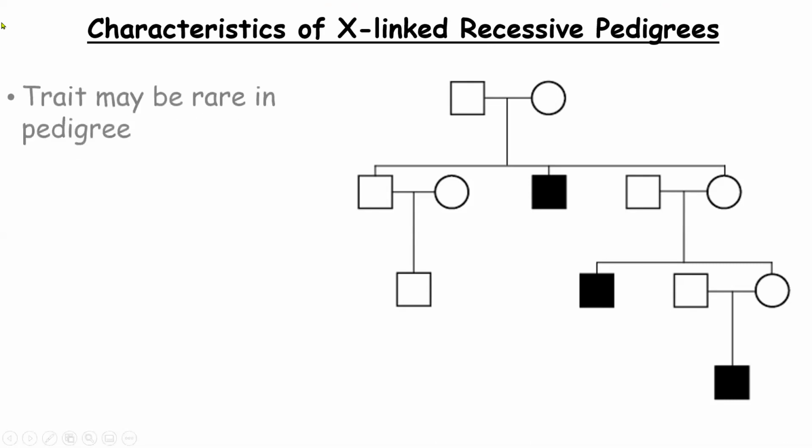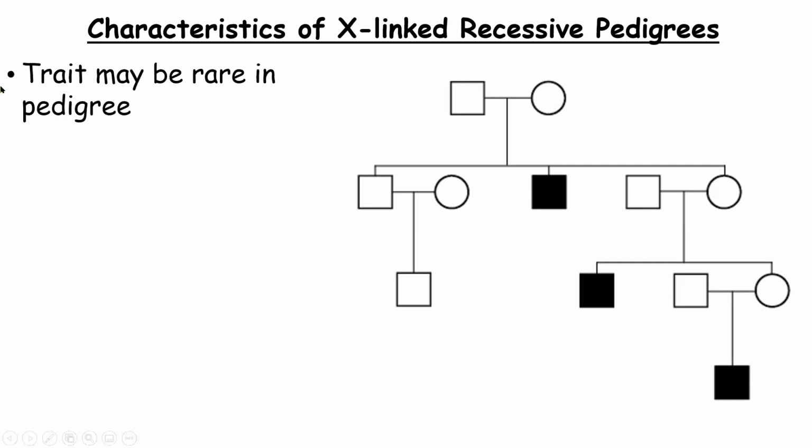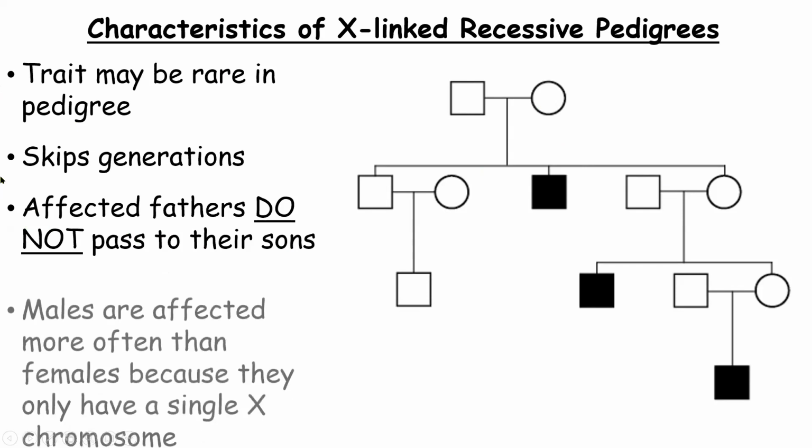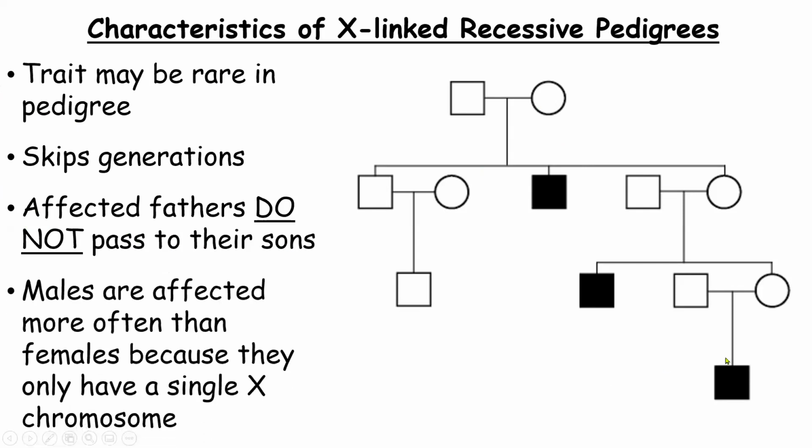So what are some clues that we're looking at an X-linked recessive trait? If you see the trait is rare in the pedigree, that's one clue that can lead you to thinking, oh, it might be recessive. If you see it skipping generations, it might be recessive. If you see fathers who have it, don't give it to their sons, that could be a clue, because fathers give Ys to their sons and they give X's to their daughters. And then also, if you see more males affected, that's a big clue. Male, male, male. Only males are affected in this pedigree. So that's a big clue that we should attempt it being an X-linked trait